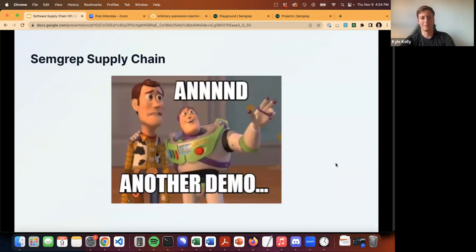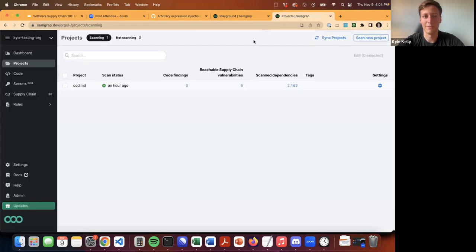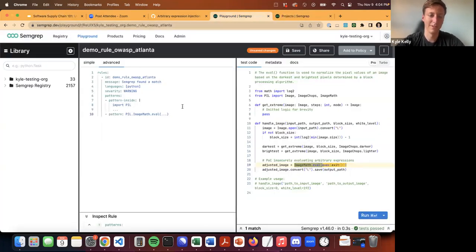And yeah, so we have plenty of time. So I figured I'd go into Semgrep a little bit. Like I said, Semgrep supply chain relies on the open source engine. And everything I show you is available either via the open source project, or we also have